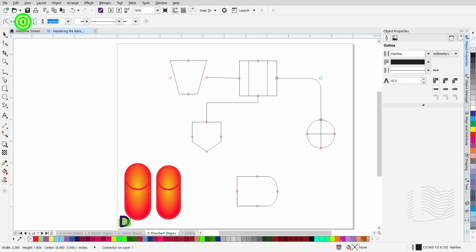If I go back to the rounded right angle field in the Properties bar and type in a value of 0 inches, I will convert the rounded right angle into a right angle. Same logic applies to when these changes are applied to a right angle connector. Let's take a minute and connect a few more shapes in this flowchart.